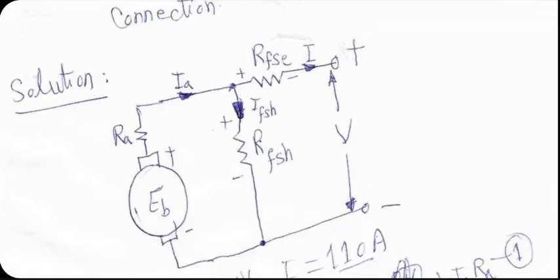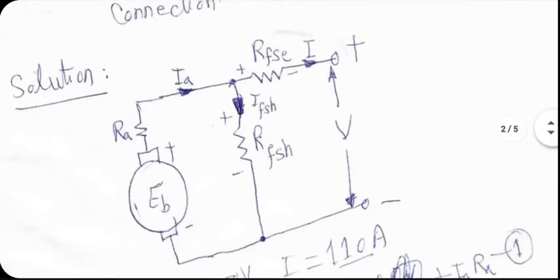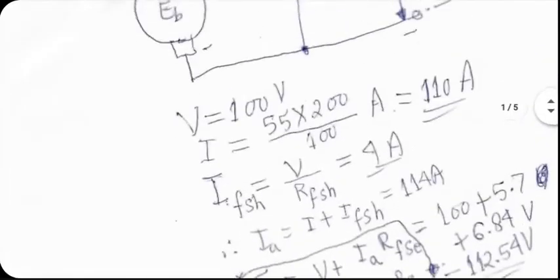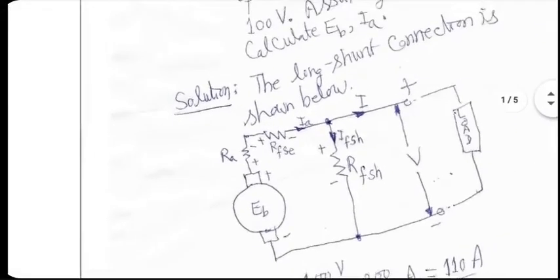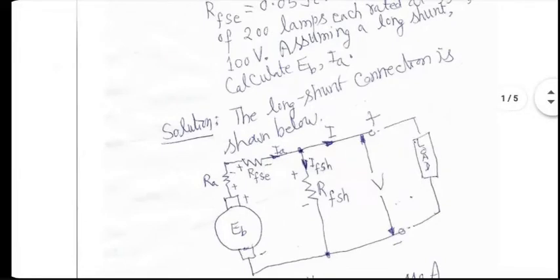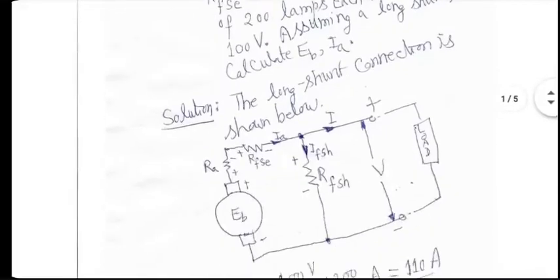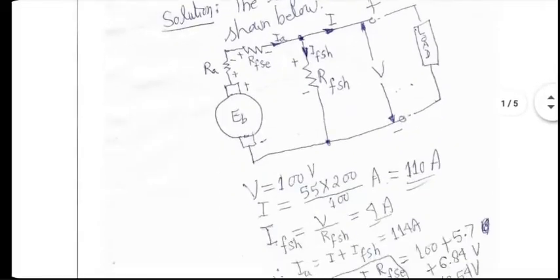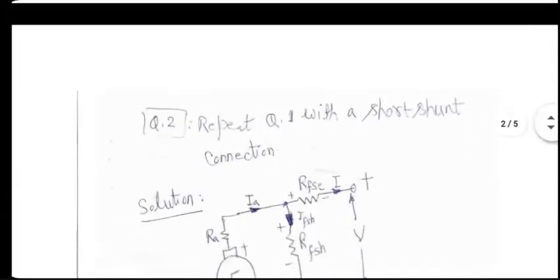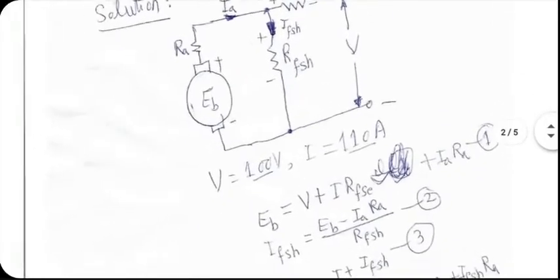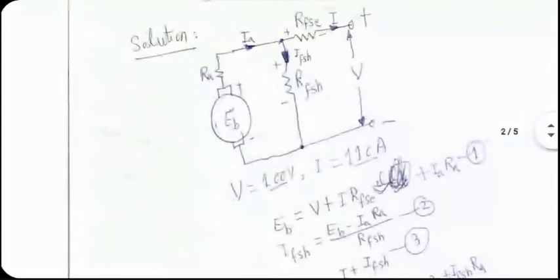So what I have done is what I'm going to show you carefully. First of all, load current will not change, okay? Because you are still looking at 55 watt multiplied by 200 and the entire thing divided by 100. Load current will still be what it was here, 110 amperes. In question 2 also it is 110 amperes. However, the rest of the story is going to be different.